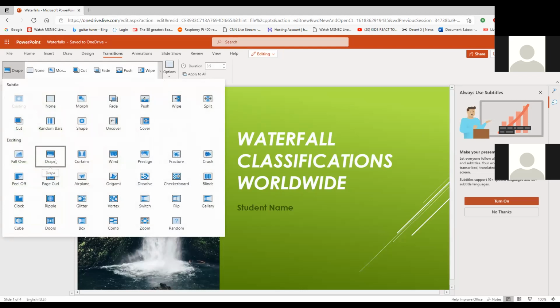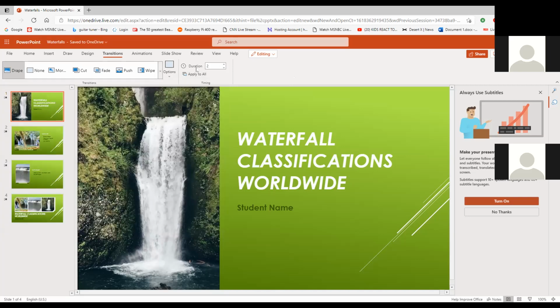And then I applied to all, added the duration, I changed it from 2, I think it was 2 seconds, to 3.5 seconds. I applied to all again, just to make sure that they all have it. I just keep clicking on the up arrow, and it gave me that. Apply to all the duration. So now they'll have the same duration, 3.5 seconds, and the same